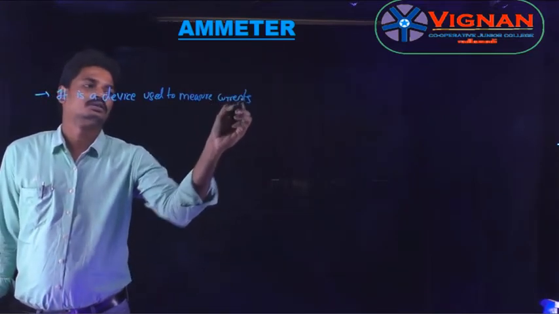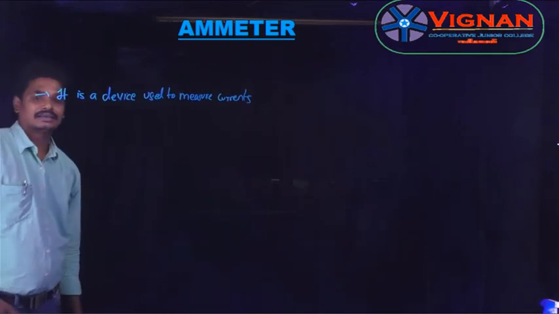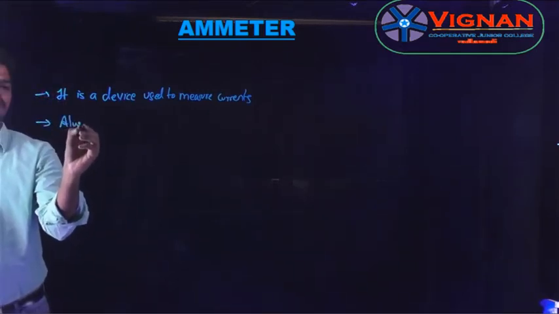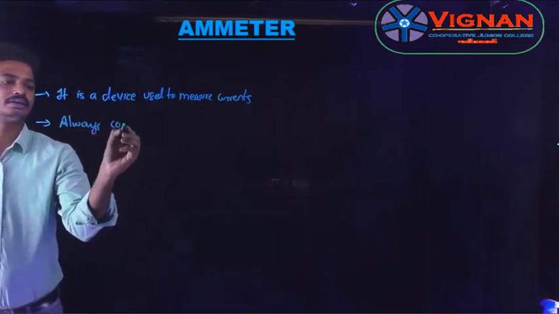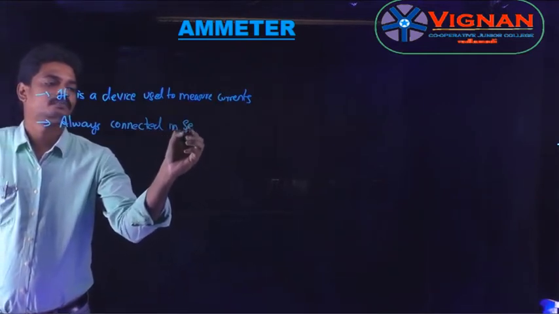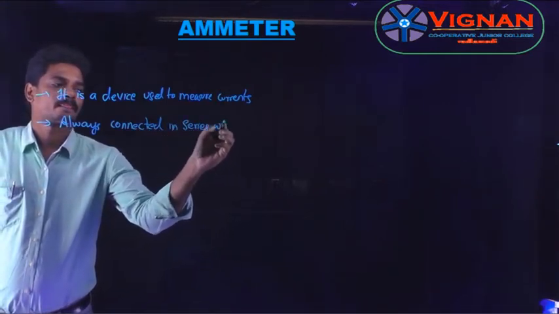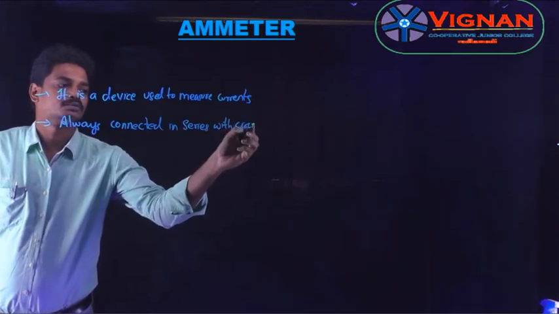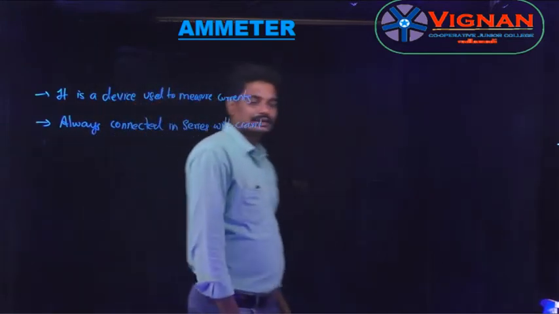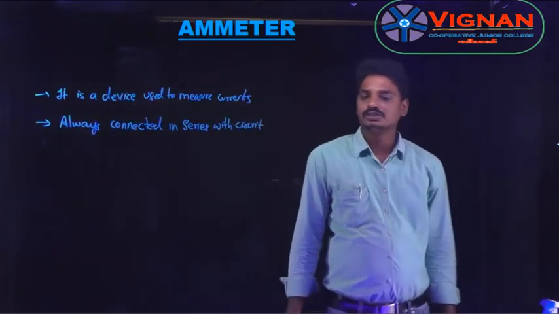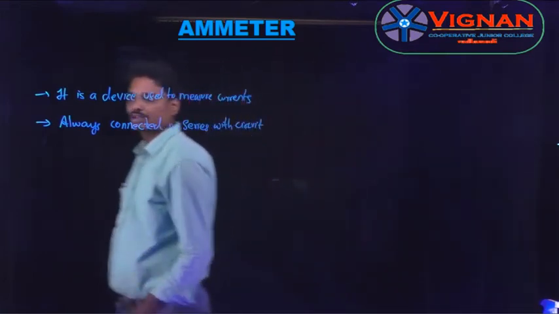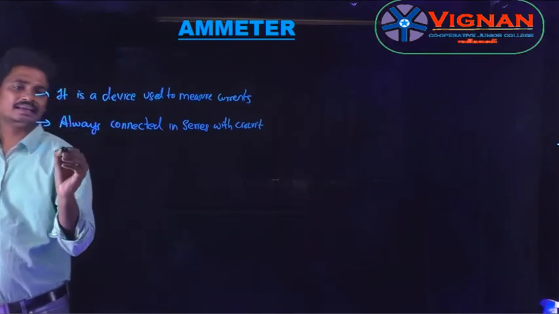It is a device which is used to measure the currents, and it is always connected in series with the circuit in which we need to calculate the current. So it is a device which is used to measure the current, and it is always connected in series with the circuit. For an ideal ammeter,